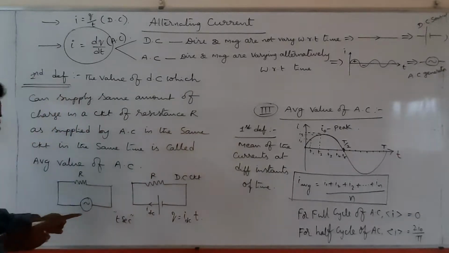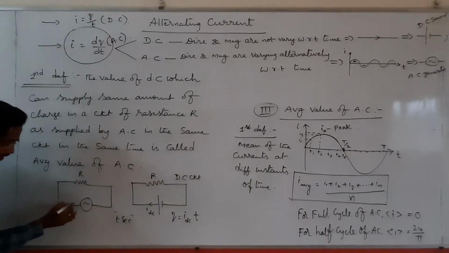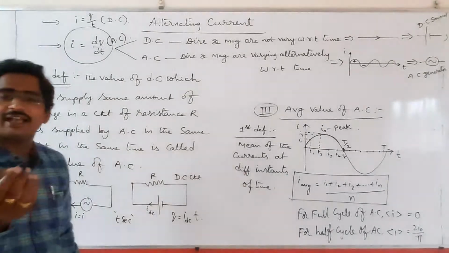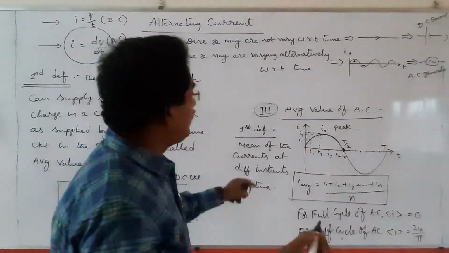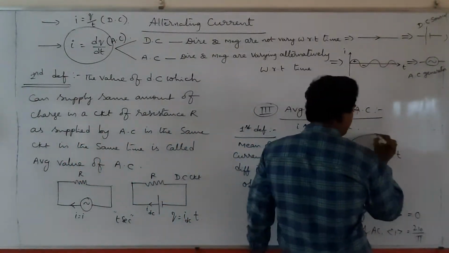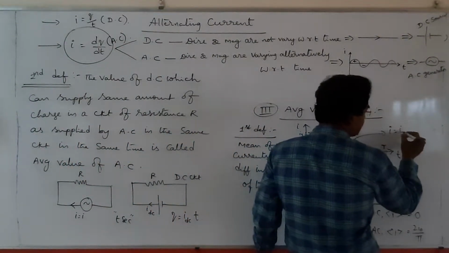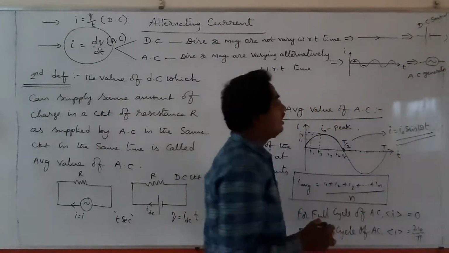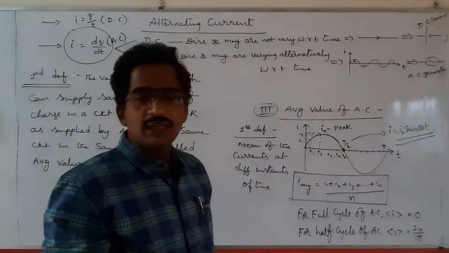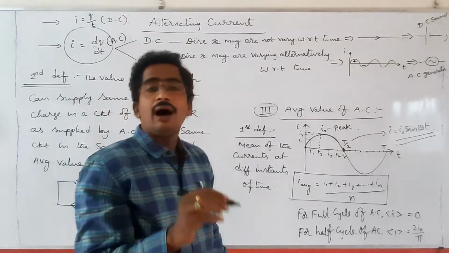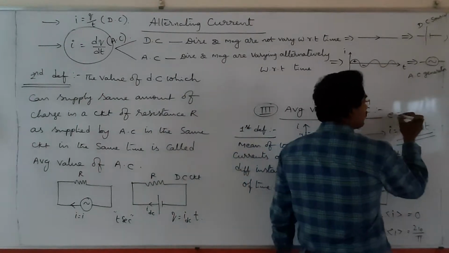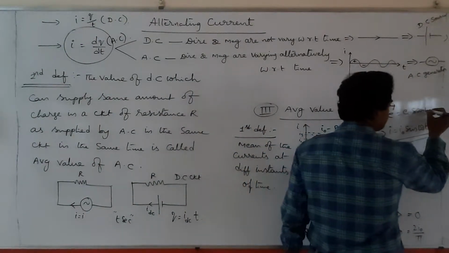But whereas in this case, the current flowing here is called alternating current. At a particular time of t seconds, how can we write the equation of this? The current equation here is I equal to I naught sin omega t. You already know it well. In the last chapter, when I told you about alternating EMF, I gave you the equation with I naught sin omega t.